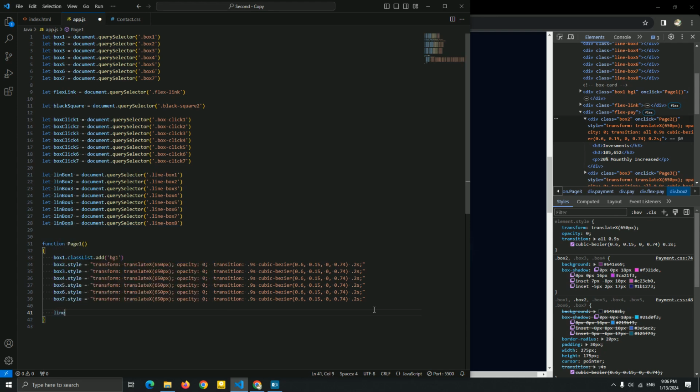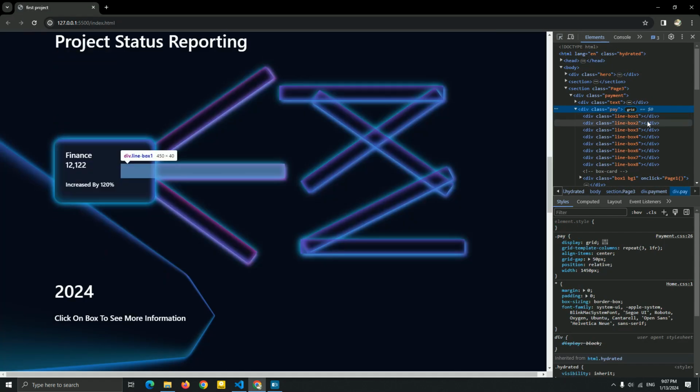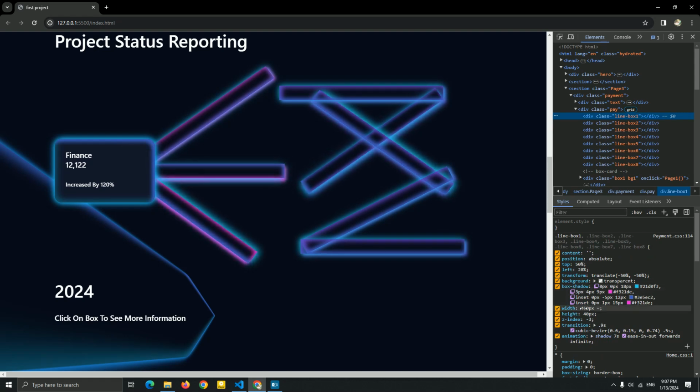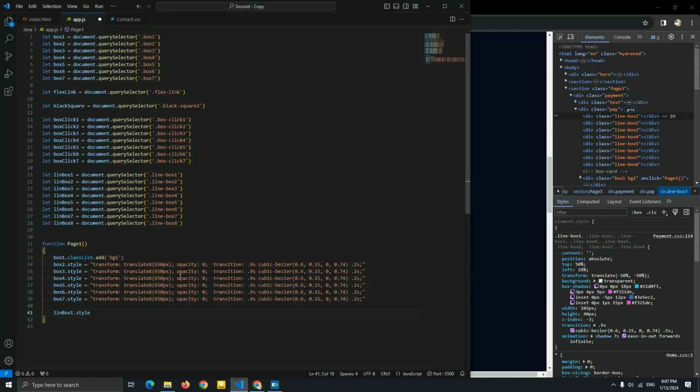Line box, line box. Okay, line box 1. I'm gonna add a style. So if you see here, for this line, I'm just gonna show you. We have this width, as you can see. But if I just decrease it, you can hide it with this width. So I'm gonna just add a width